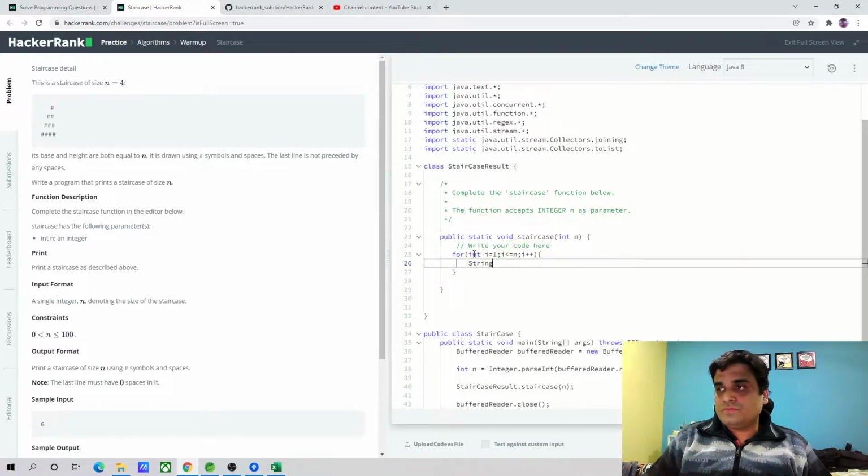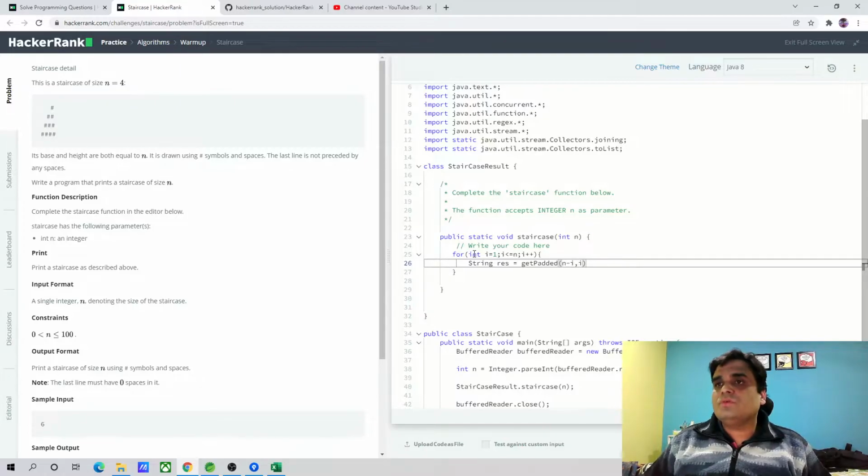Then I'm going to create a string res and I'll declare a helper function, get padded string. I'll just pass n minus i and